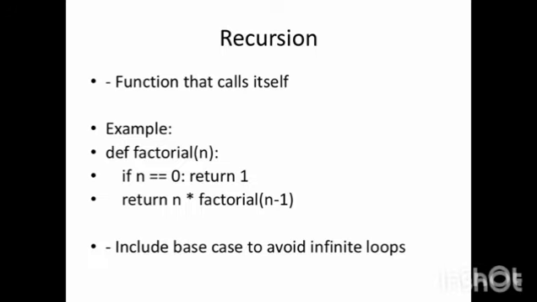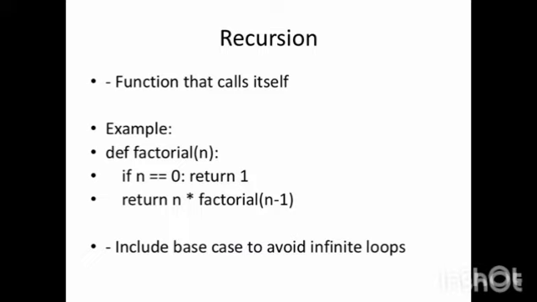Recursion. Recursion is when a function calls itself to solve a smaller piece of the same problem. Sounds confusing? Let's simplify. Imagine you want to calculate the factorial of 5, which is 5 times 4 times 3 times 2 times 1. A recursive function would solve this by calculating 5 times factorial of 4 and so on